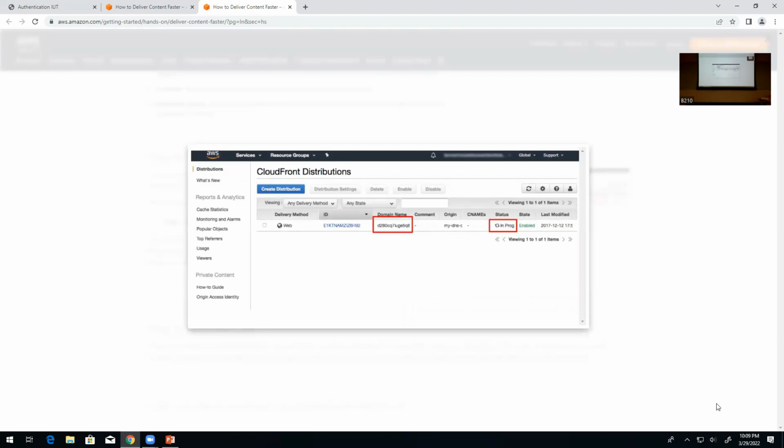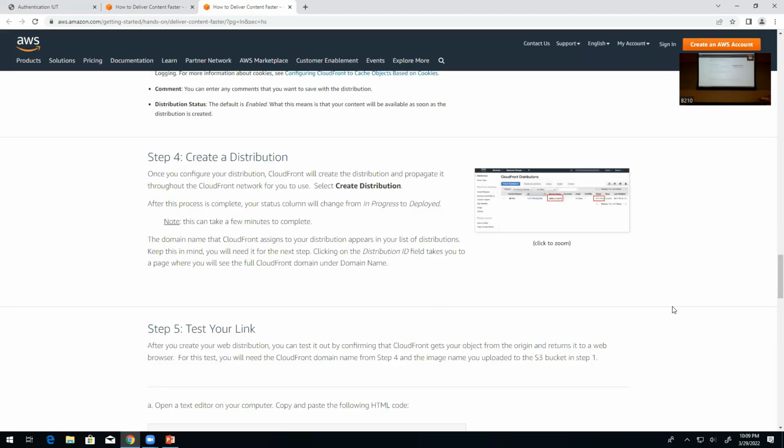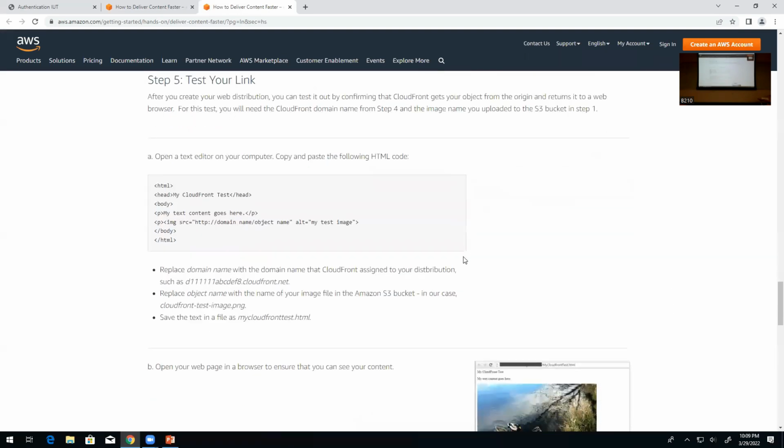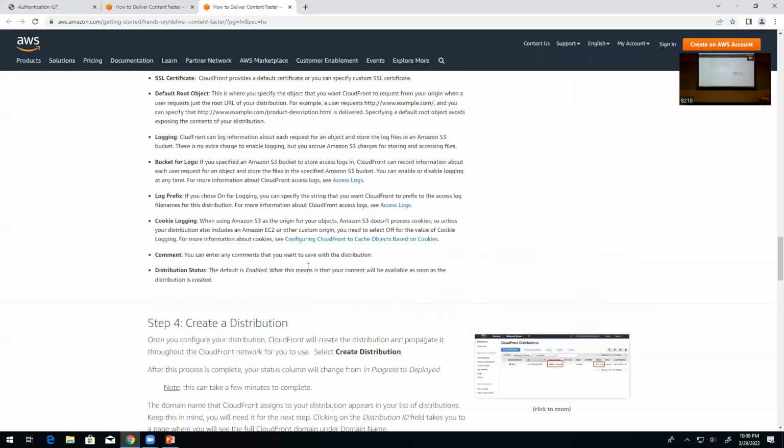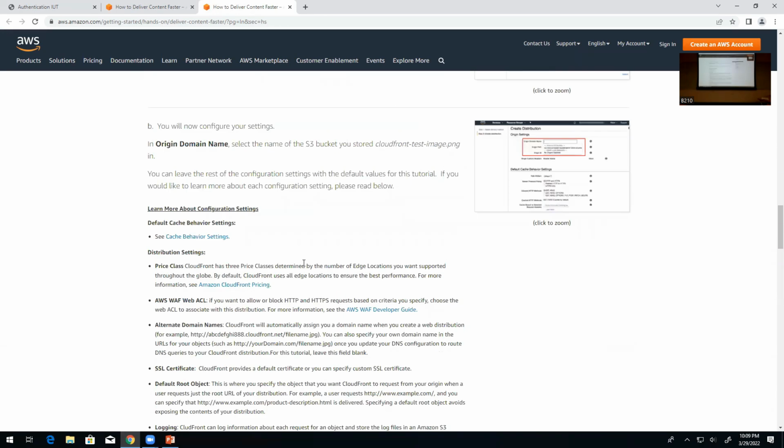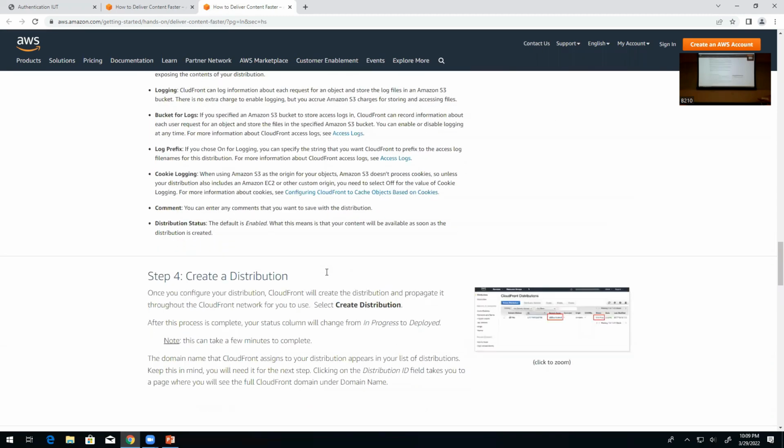Now you want to demonstrate that it is really working or not. So what you can do is make one notepad file and type this code, and in place of the domain name, you type the domain name which we got here. As I told you, every time you create a CloudFront, you get one domain name, right? So once it is done, you get one domain name. That domain name you have to copy here,